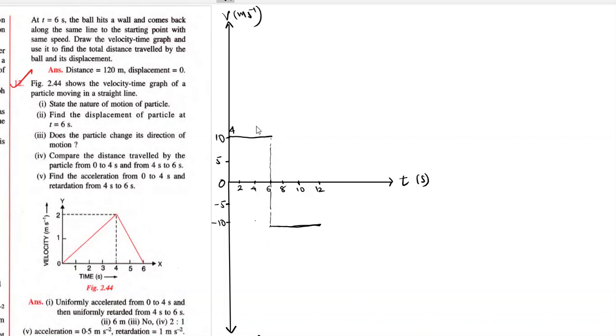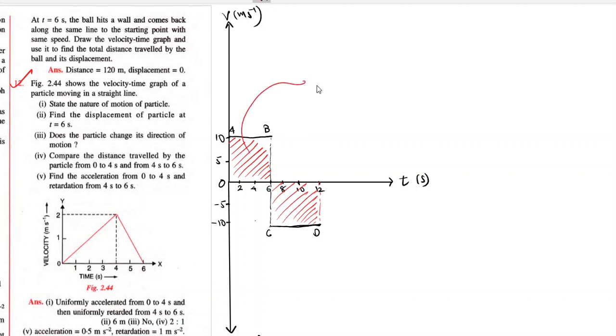Okay, this is the graph for the first 6 seconds. Let me name it AB. And CD is the graph for the last 6 seconds, where the ball is moving towards its original position. That's why the velocity is minus 10 meter per second and it is in the opposite direction. Okay, so this is the situation. This is the graph in front of us. We have to find the total distance traveled. Now total distance traveled is basically the area under the graph AB, as well as the area under the graph CD, or area above the graph CD.